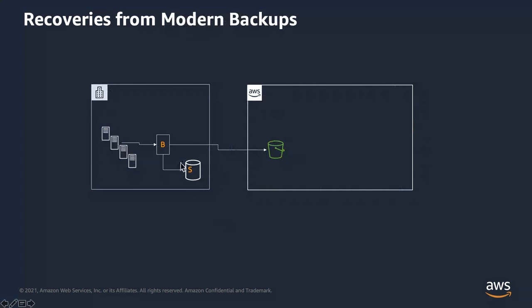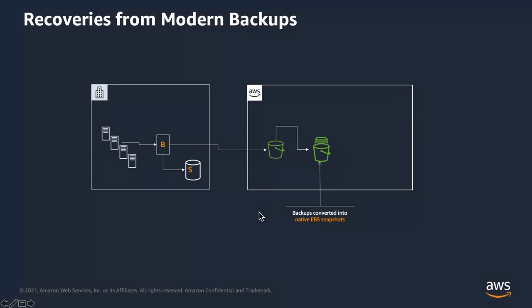And here is how they do it. So from some of the modern backup vendors, what they do is that, of course, they store backups on premises as well as in S3. But behind the scenes, based on your policies for specific VMs that you apply in the policy, they will actually rehydrate the data after each incremental backup and store them as EBS snapshots in AWS.